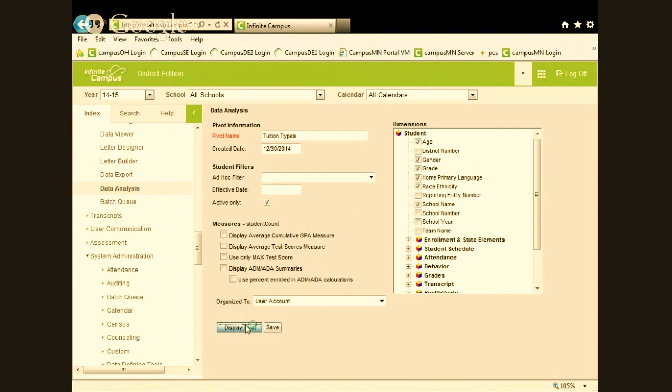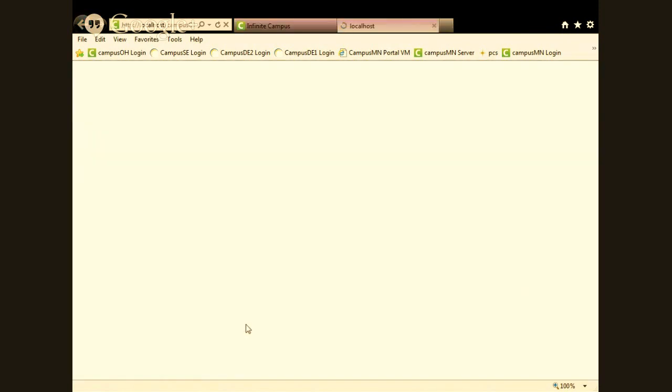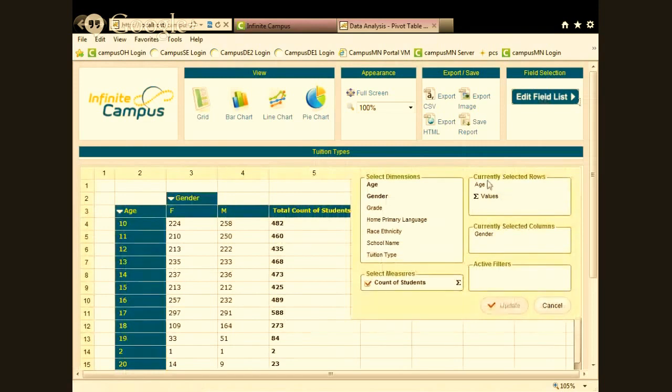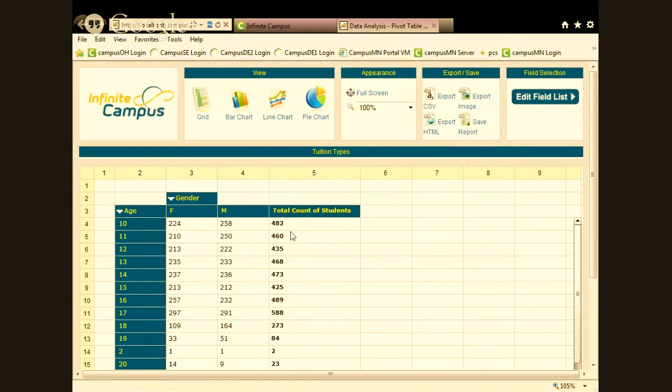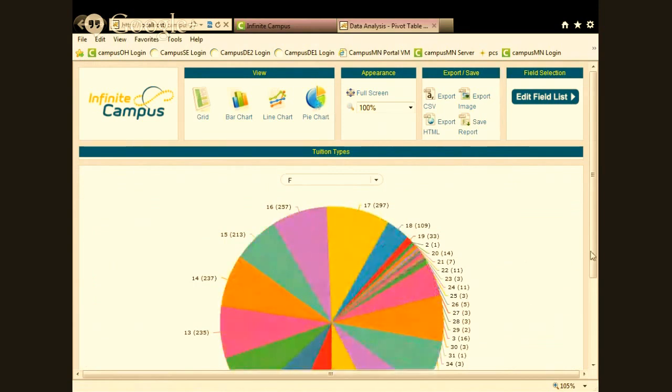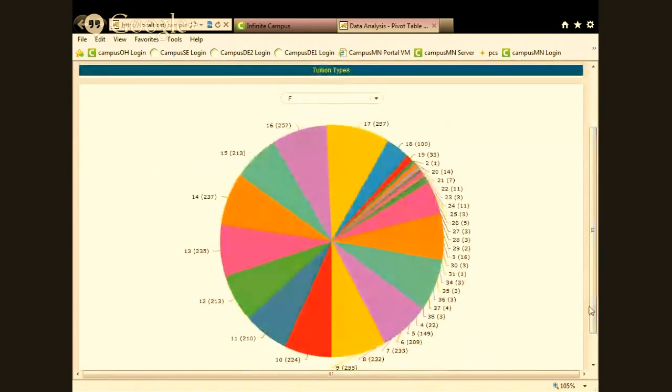So if I want to look at this one, this was tuition types again. Again, it can pull any of those fields. These were the fields that I pulled, and then I can manipulate them around. So this is just a chart showing the grade levels, the gender, the student count. If I wanted to look at it in a pie chart, I could do that. And again, it's going to give you different ways of looking at your data, and that's a built-in tool. And you can refresh it and pull it from the latest and greatest changes.